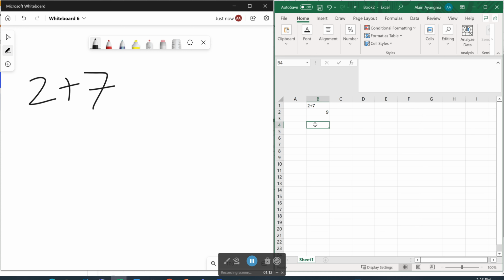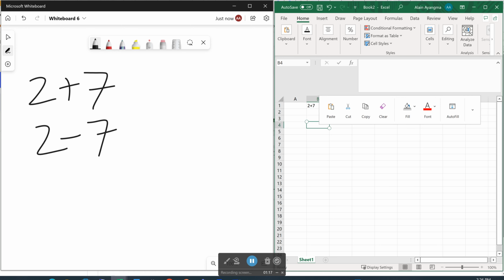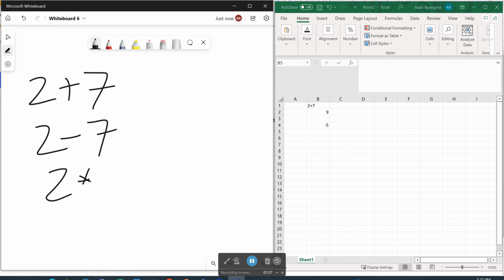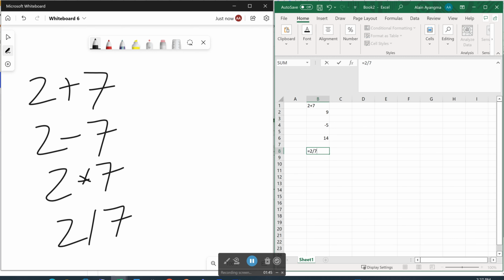The same goes for subtraction. Let's say I need to subtract 7 from 2. I will do equal sign 2 minus 7 and get my result. Multiplication is with the star. Equal sign 2 star 7. And the division is with the forward slash. Equal sign 2 forward slash 7. Now let's move on to